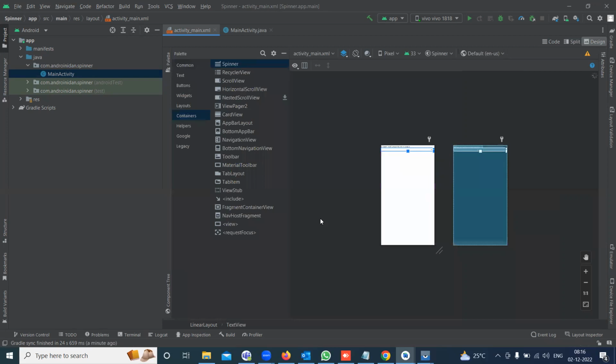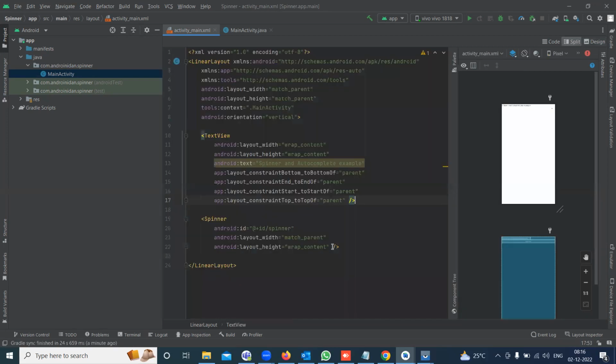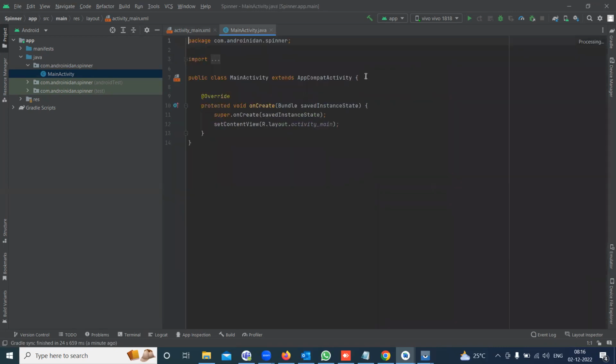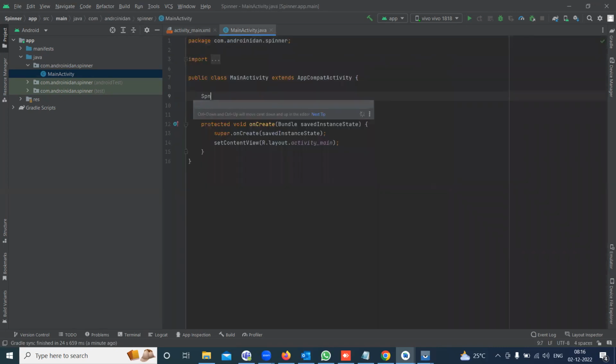So I drag and drop it here. So this is the view. So spinner, height and width. Now for this, I want to write a program. So spinner, something spinner,